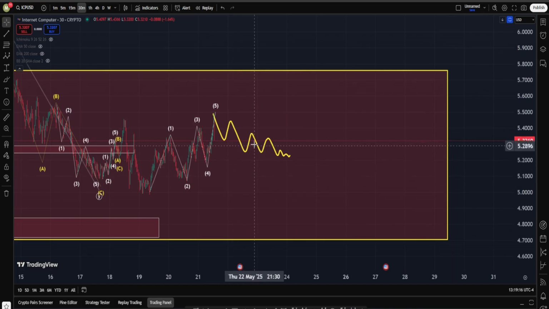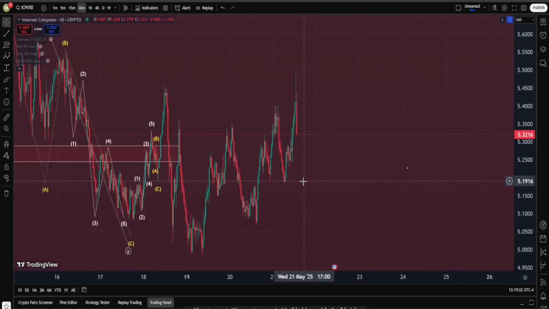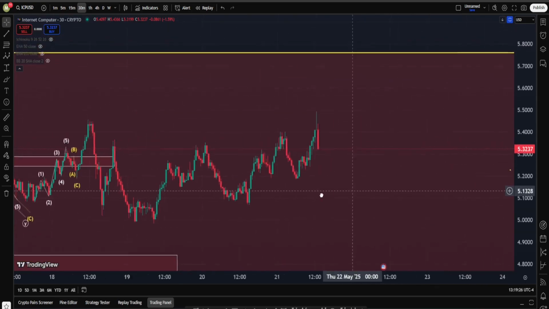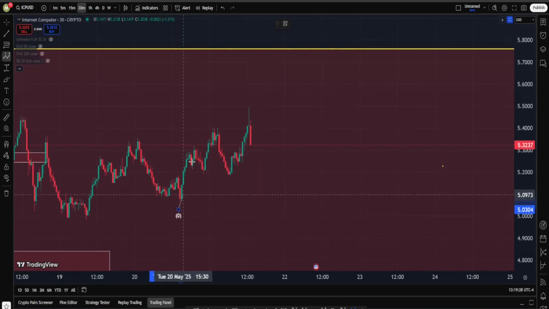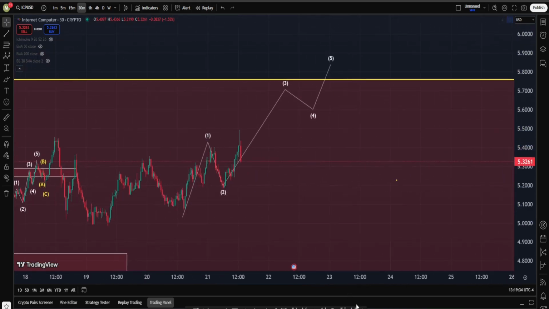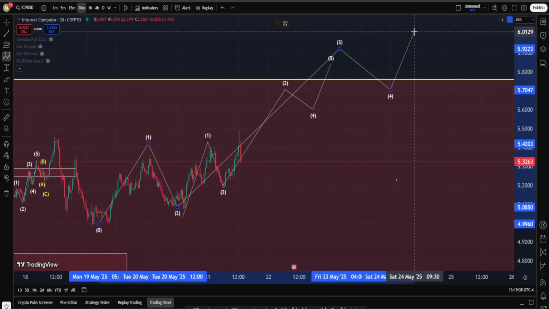So this is one possible scenario in the short term. Can we have another scenario? Yes. And in that case, we can argue we are having a series of 1-2s, and here this can be wave 1, correction for wave 2, the big move up into wave 3, 4, 5, and on a higher degree, this might be into wave 3, and then 4, and then 5.